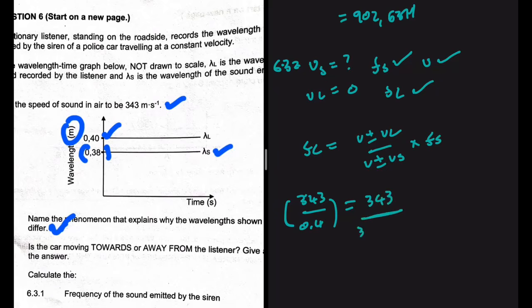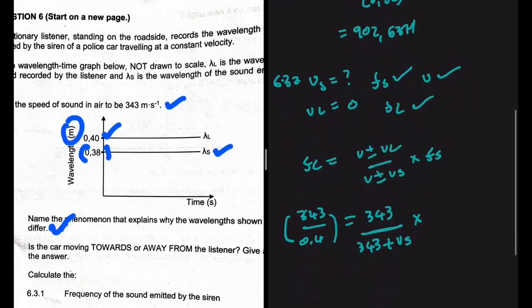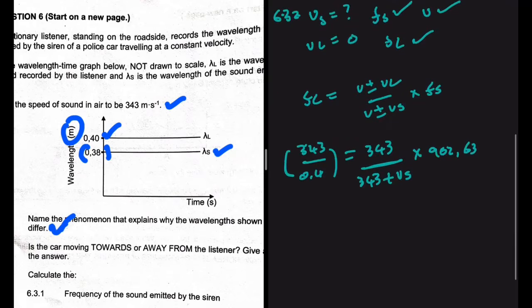And then we have 343, and the sound source is moving away, so we have plus Vs, multiplied by the frequency emitted by the sound source, which is 902.63. So 343 divided by 0.4 is 857.5, and it is equal to 343 divided by 343 plus Vs, multiplied by